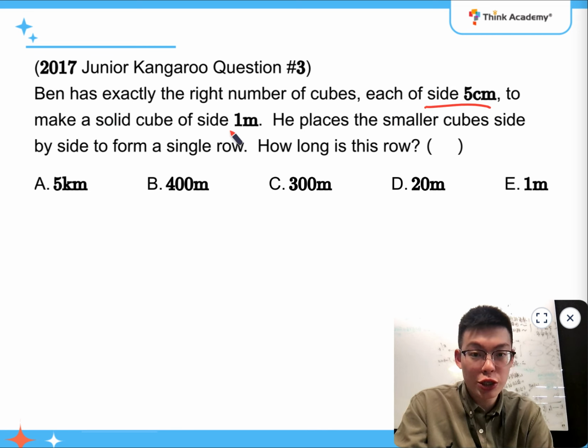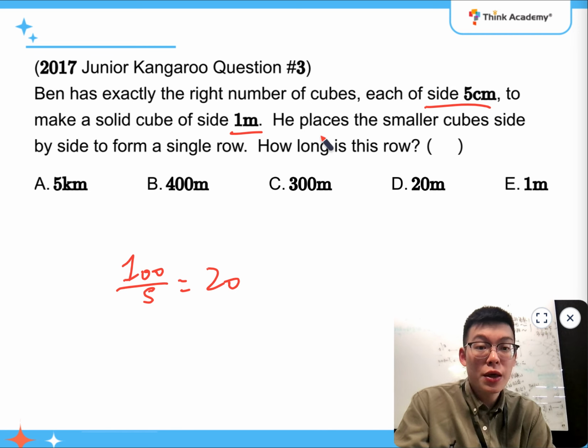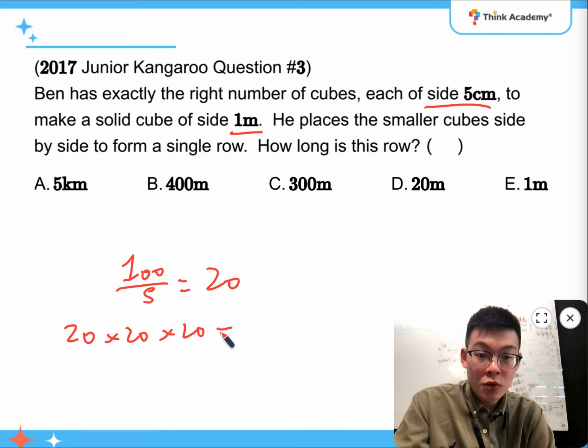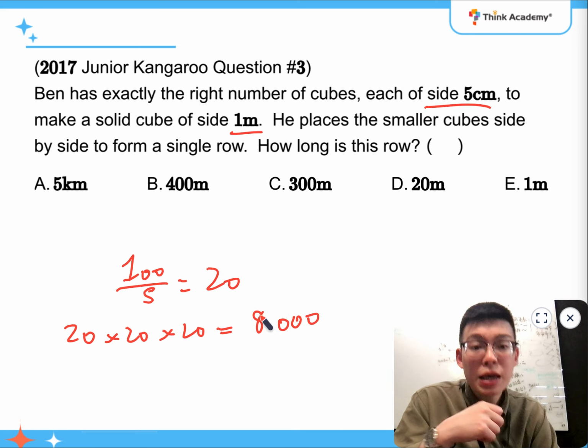And for question number 3, it says Ben has the exact right number of cubes, each of side 5 centimeters, to make a solid cube of side 1 meter. So it means that it's going to take 100 divided by 5, which is equal to 20 cubes on each side. And in total, that's going to be needing 20 times 20 times 20, which is 8,000